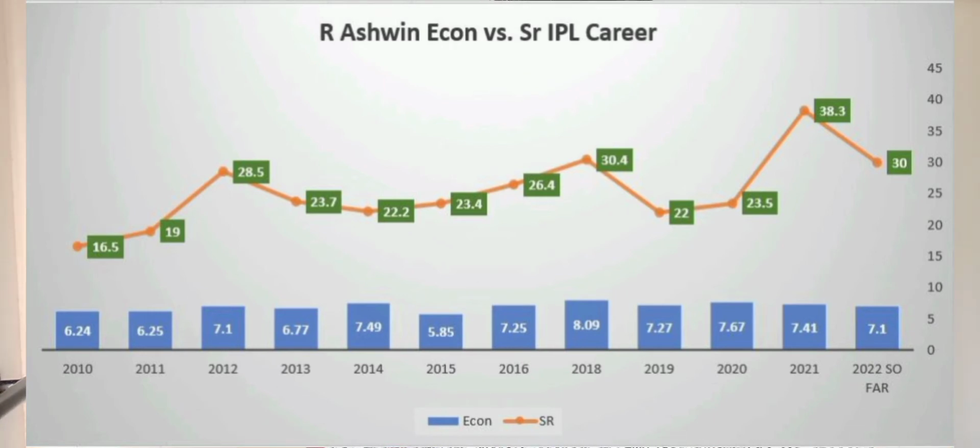What actually calls out in this graph is his strike rate. And you see that the strike rate in the recent years has been shooting up, and even in this season that's been the case, which goes to suggest that he may not be as much of a wicket taking option now than he was in the past. But what he is doing is invaluable for his franchise team by building pressure, and the bowler at the other end is benefiting out of it. Example, Yuzvendra Chahal is a prime example for this.